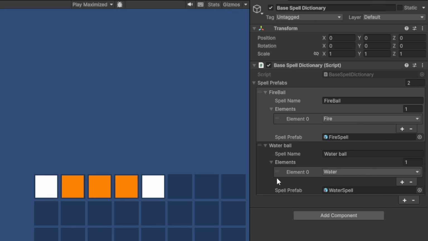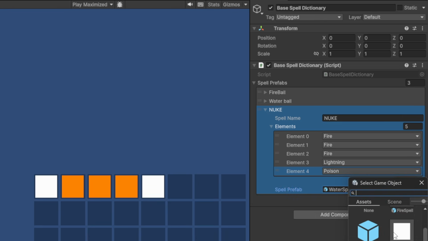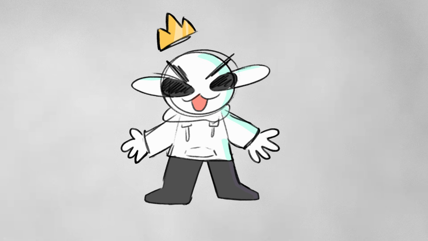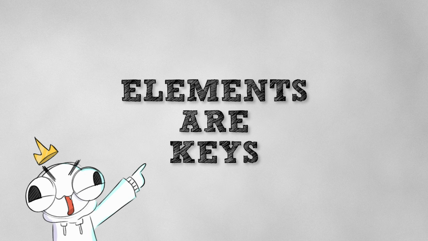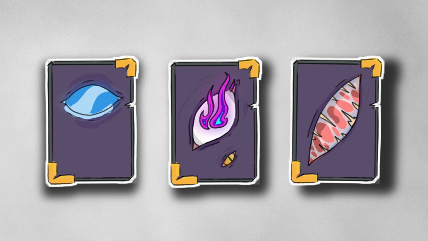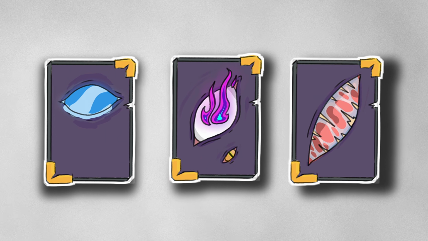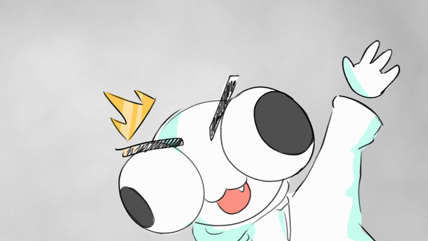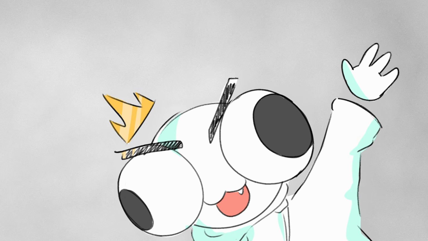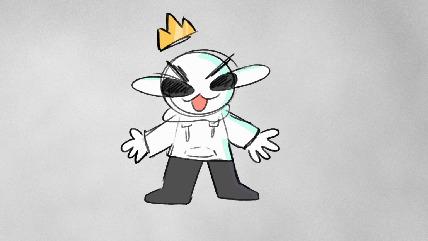From there, I created a spell dictionary to help map combinations to actual spells. This makes it easier to expand later without rewriting everything. Now, elements act as keys that define the spell, and depending on what behavior and enchantments you combine with them, you get completely different results, which also means spells are now dynamic. So now the spell system is built around 3 different card types, and because all of these are modular, I can mix them together in tons of different ways, which is exactly what I wanted from the start.